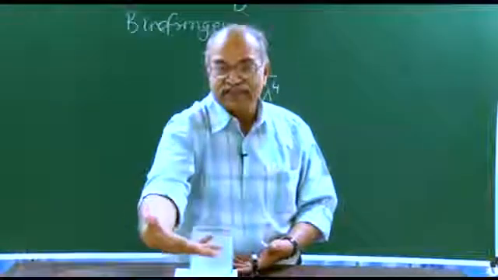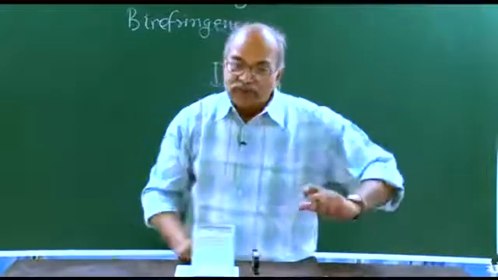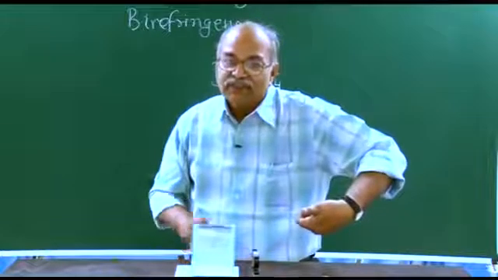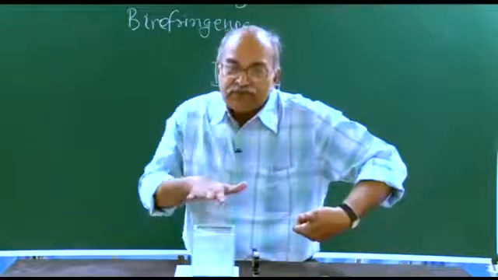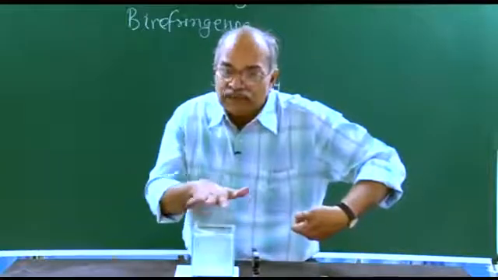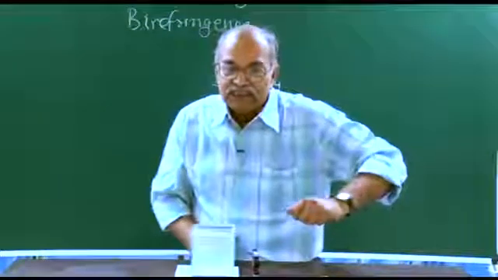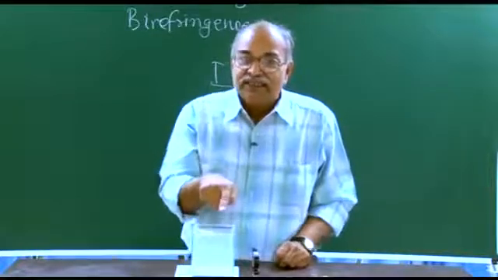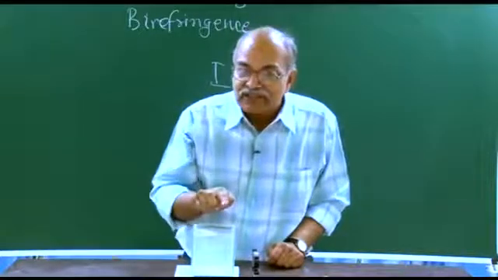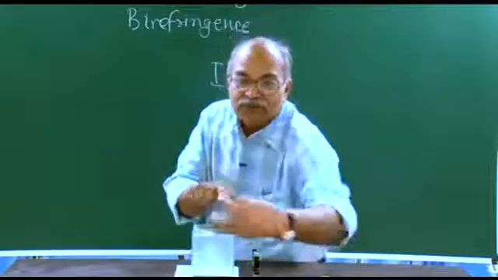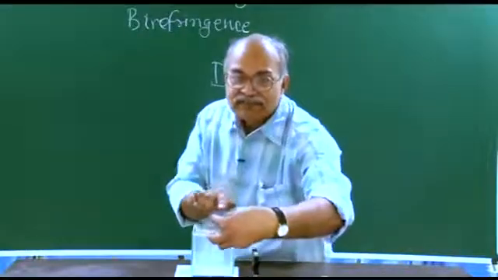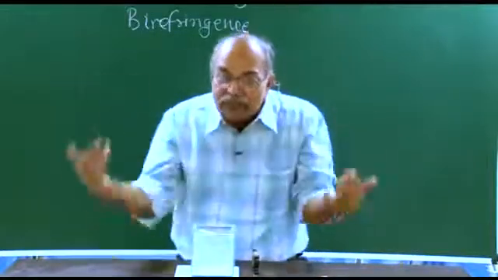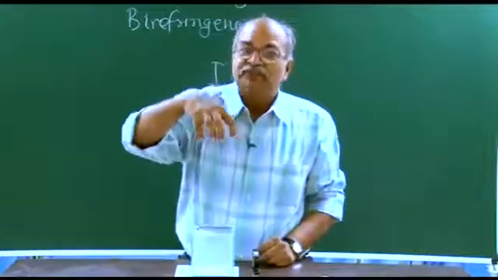When I rotate the torch, the electric field also rotates, and if the electric field becomes parallel to this horizontal direction, if this electric field becomes horizontal, what will happen? The electric dipole moments will oscillate in this horizontal direction, and therefore if you see from the side, the intensity will be much lower. It radiates more in the perpendicular plane, and so if you see from the top, the intensity will be